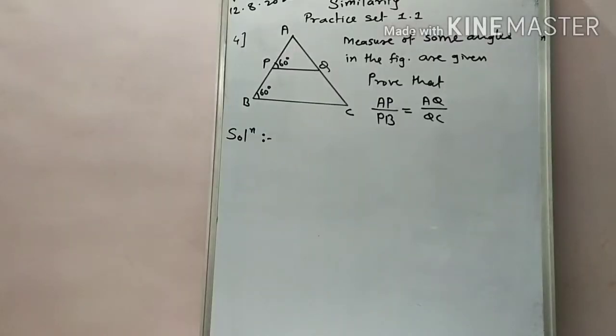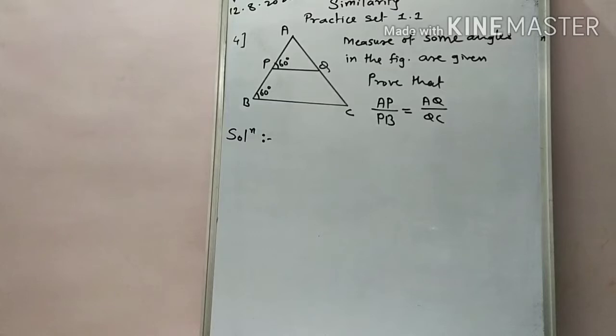Okay, now using the BPT theorem and its converse, we have to solve practice set 1.1. There are two more properties or theorems, the angle bisector theorem and the three parallel lines and transversal property, which are omitted from the portion for this year, and hence the examples related to them are also omitted. So here we start with what? The fourth example of practice set 1.1.